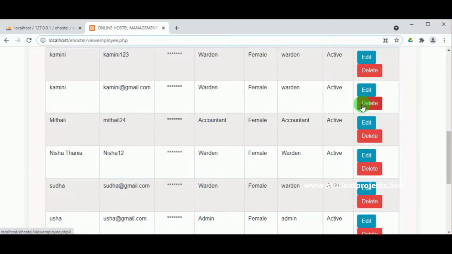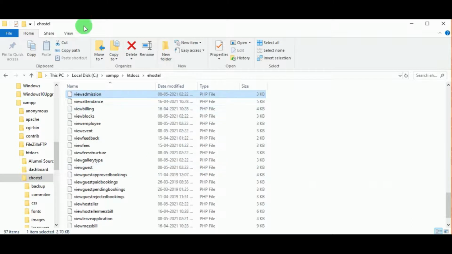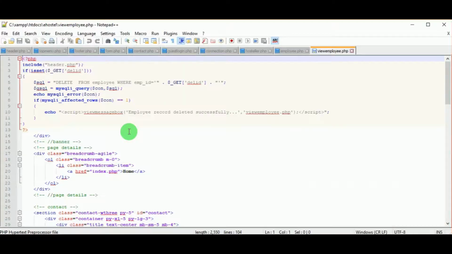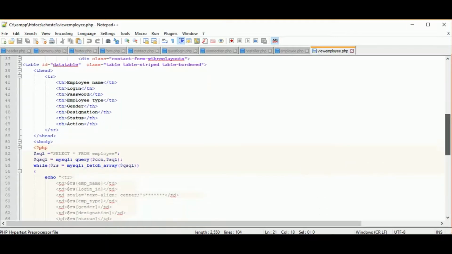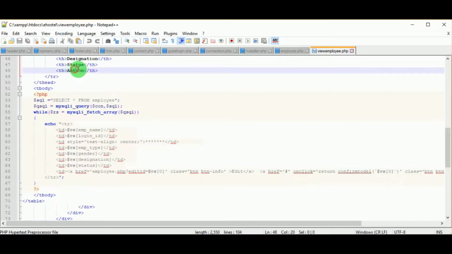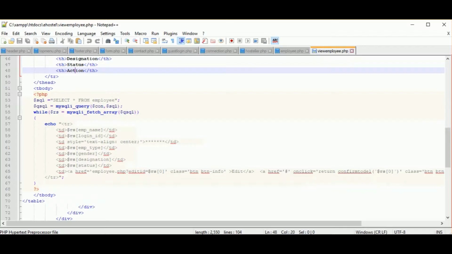So for that, let us see view employee.php. In this file, and not only in this file, wherever you have the action delete, the same code works. So we will be looking at view employee.php, but you can see there are different view pages. For all the view pages, wherever there is edit and delete, the update and delete query works the same. Now let us see view employee.php, where you can see the action. Under the action you have edit and delete, two buttons. About this code we will know later. Now let us see